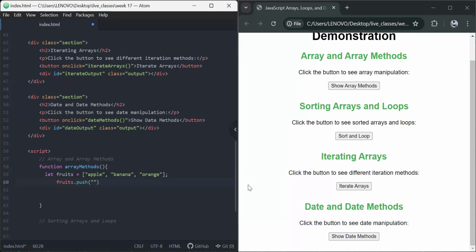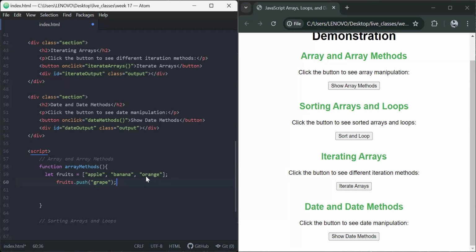All we have to do is specify the name here, of the string. So I want to add grape. Grape is the new fruit we want to add to this list of fruits. And this just makes sure that we add an element. Now, there's also a method we use to remove elements. So when we add this using fruits.push, this basically just adds the grape to the last